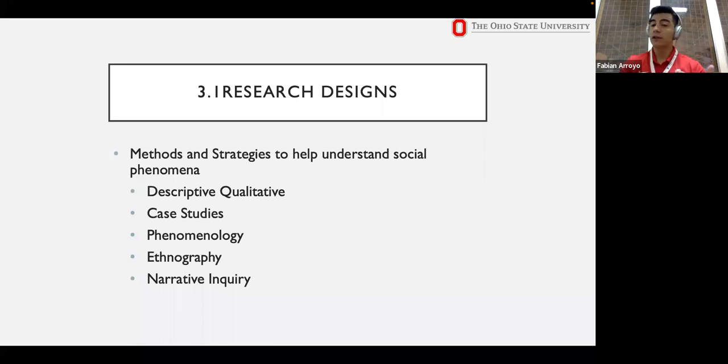We will not cover this one in this presentation, but this is about persons' life experiences, and it's very oriented towards individual work, towards if you want to, for example, in the case of disability, if you want to know how a para-athlete understands their performance as an athlete, but a person with a disability, how they have made sense, how they got there. Narrative inquiry could be a good opportunity to understand that. If you want to know their experience, maybe that could be related to a different strategy, but we will cover